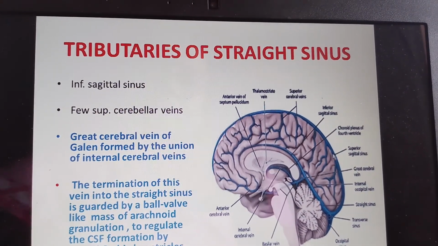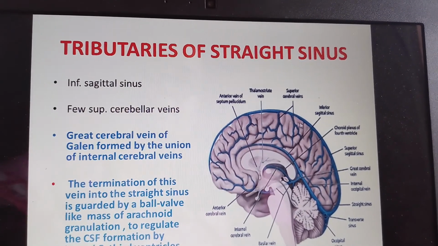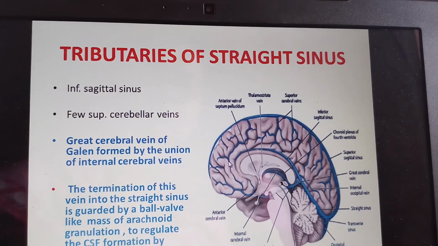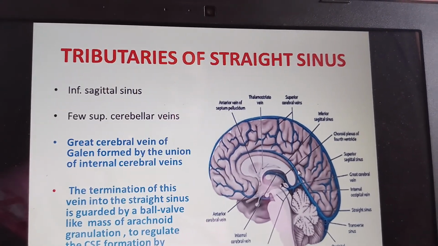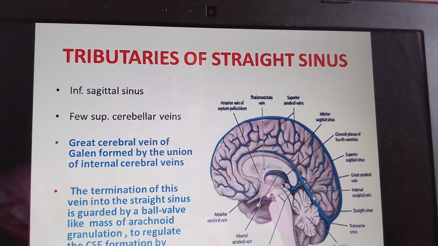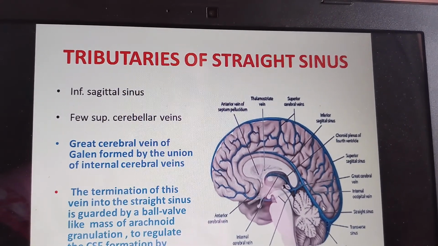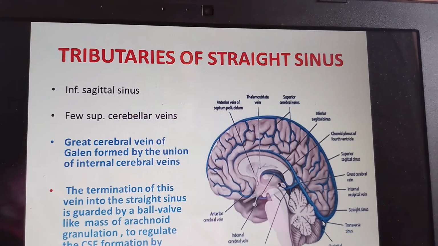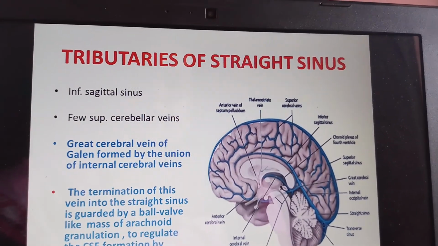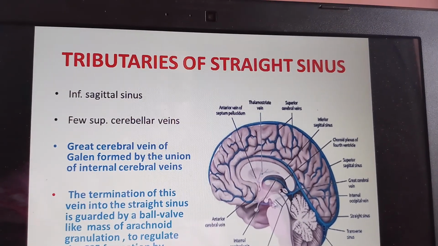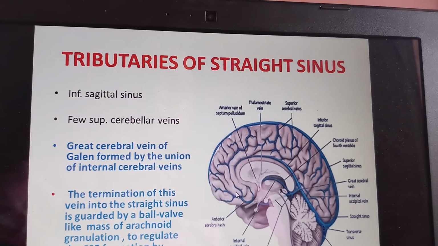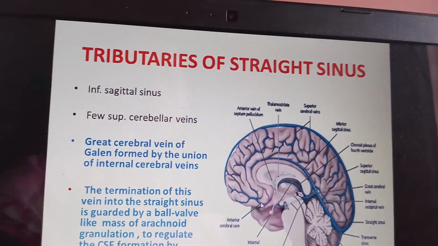And here you are finding this is the superior sagittal sinus with the superior cerebral veins which are its tributaries. Then you can see this is the inferior sagittal sinus. Then we have the great cerebral vein, the internal occipital vein, and the straight sinus. Transverse sinus has been cut slightly, this is the occipital sinus below, and this is the basilar vein, and this is the internal cerebral vein of Galen, and these are the anterior cerebral veins.